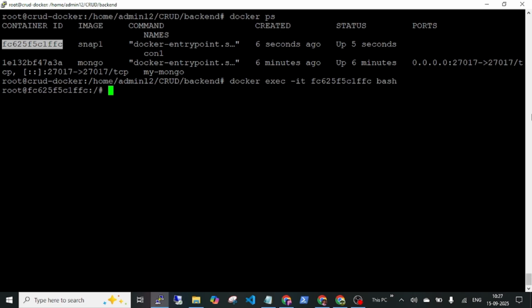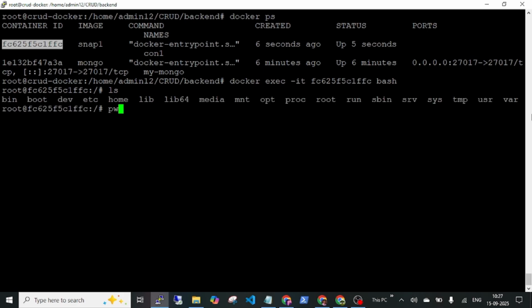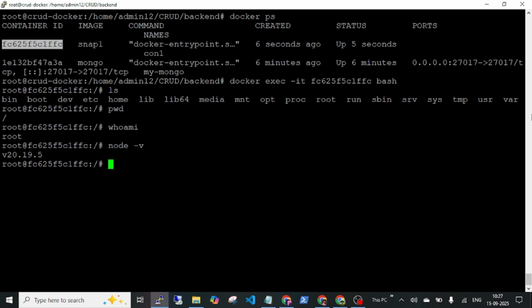Now we are in the container, right? See, the container is like another machine. So we are under the root directory and the user is root. By default we are under the root directory and user root. The given instruction is install node. Yes, node is installed, right? So that means the instructions we gave in the Dockerfile are working fine. The image is fine. Let us exit